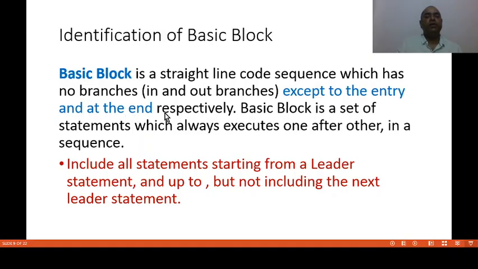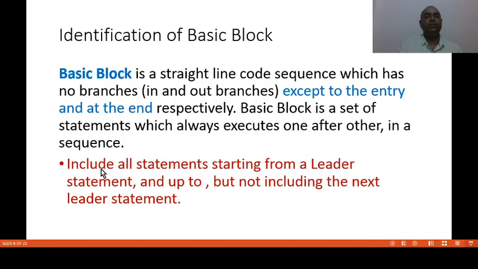That means if the control enters the basic block, it can go outside of the basic block only after completing each statement. That means in the basic block there are only two entry points, one at the beginning and another at the end. A basic block is a set of statements which always executes one after the other in a sequence.